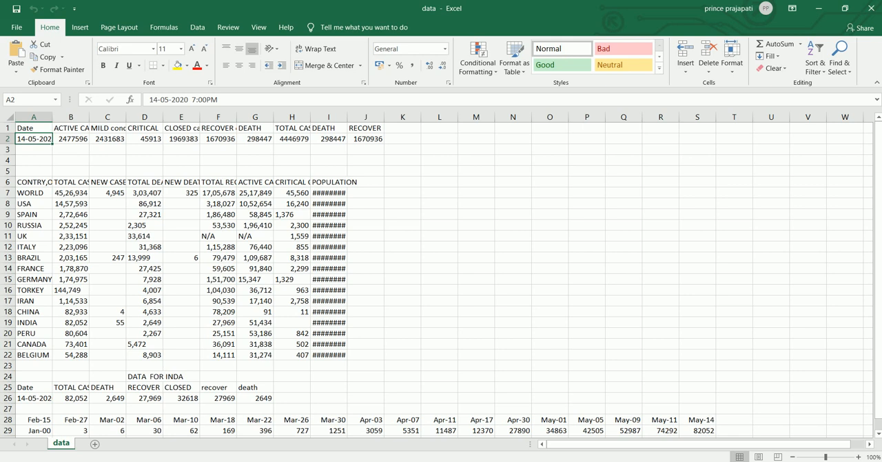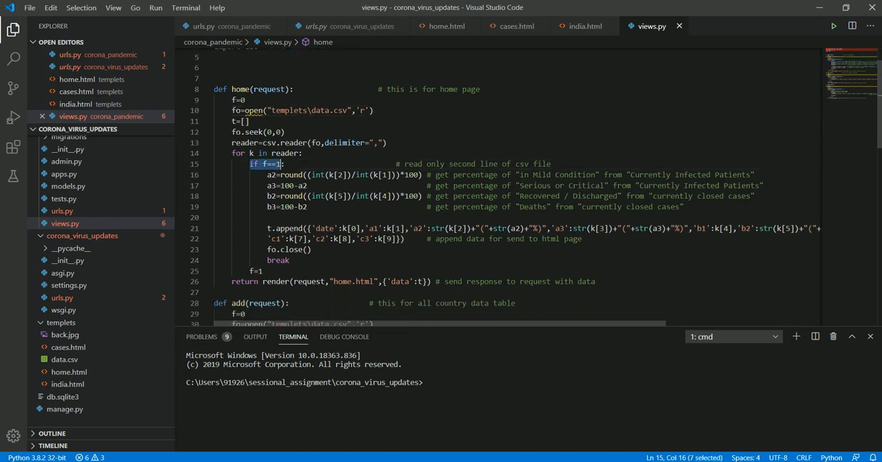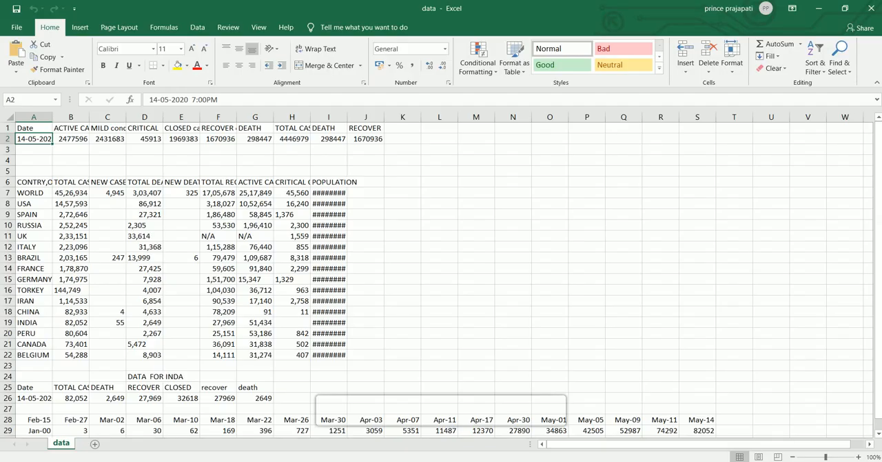Here in the first line, worldwide total active, mild, and all of this data. In the second line, our country, all countries, all worldwide data is stored. So here when f is equal to 1, then we get data. Here in k2 means